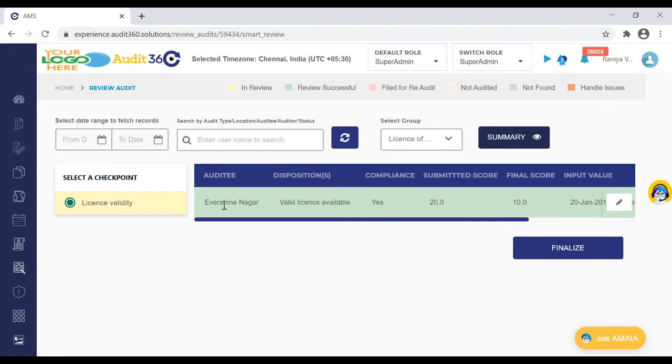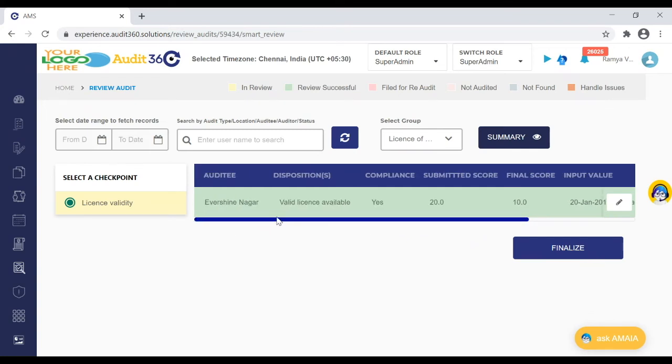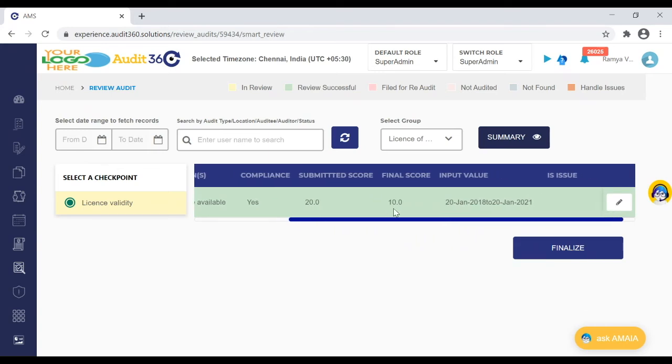We are also showing the same table content we had against a particular checkpoint, whether it is in compliance, what was submitted, or a final score, what input was carried if there was an input, and if there was an issue, the issue tagging. All that is mentioned here.